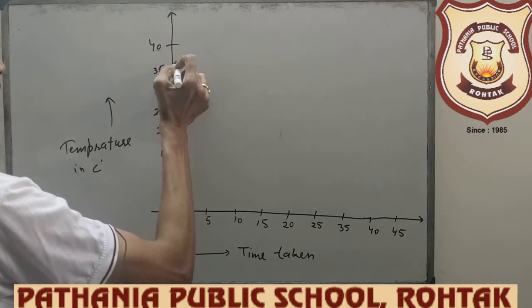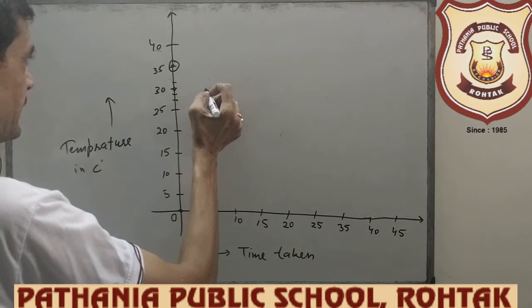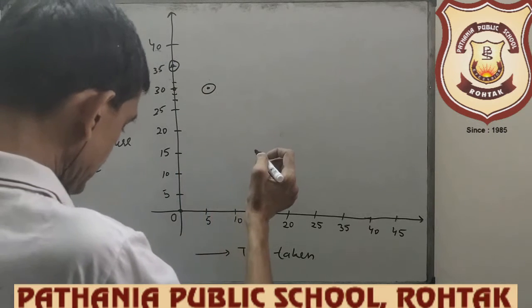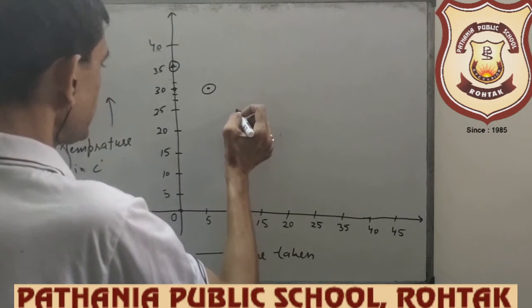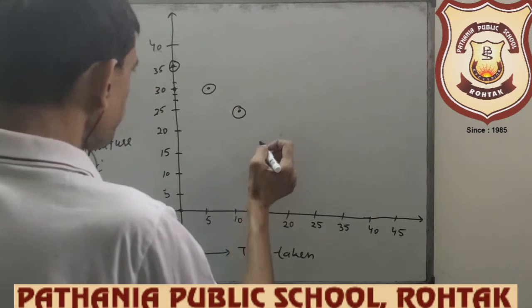And now this point is 0, 35 and 5 is 30. यहाँ पे आ जाएगा, we miss one point. And then 10, 25, this one, and then 15, 20,